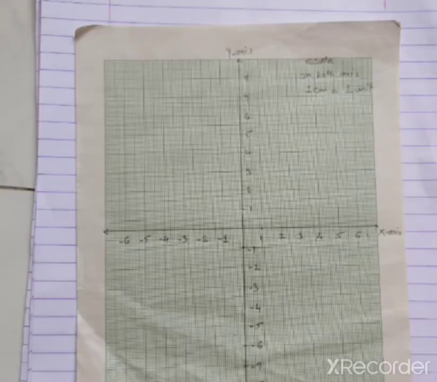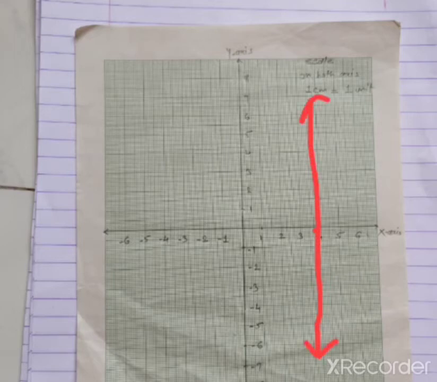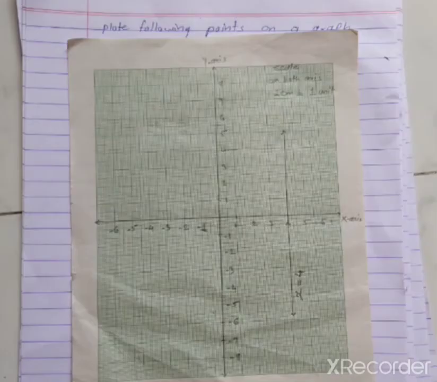So on this graph paper, the value of x is equal to plus 4 is here. The value of y is not given. So draw one straight line which is passing through this x is equal to plus 4. So this is our answer, showing equation x is equal to 4. So in this answer we can see this line is parallel to its exactly opposite axis.